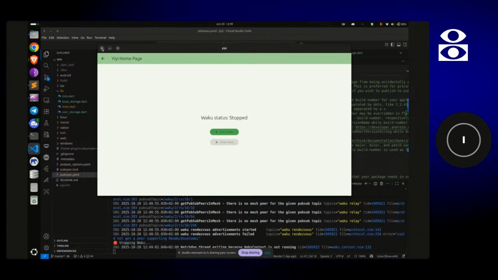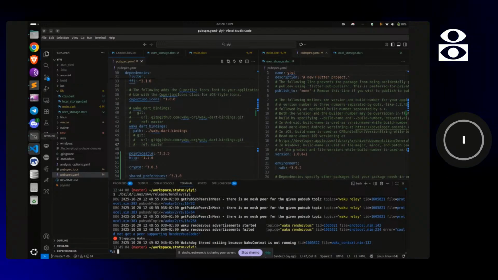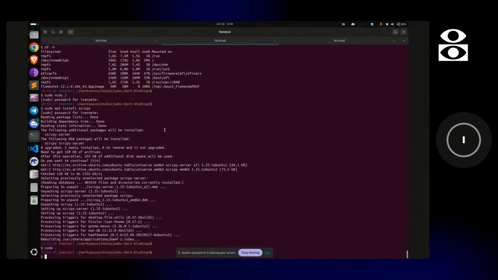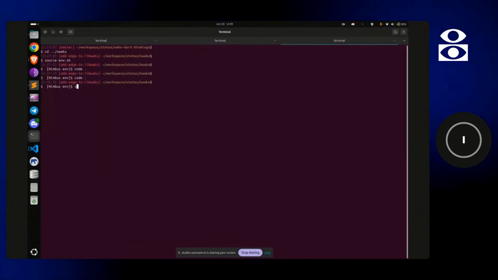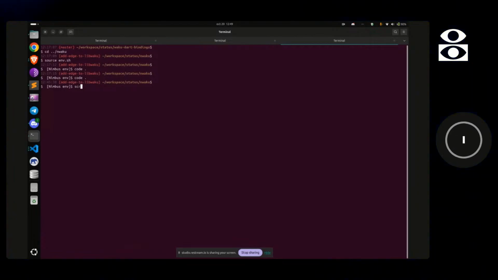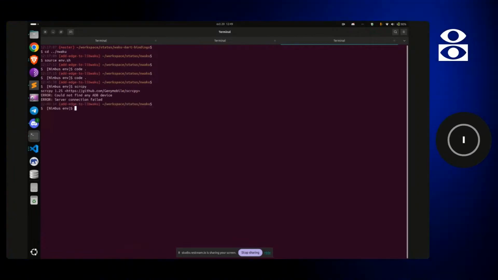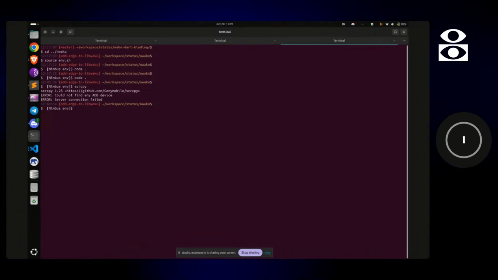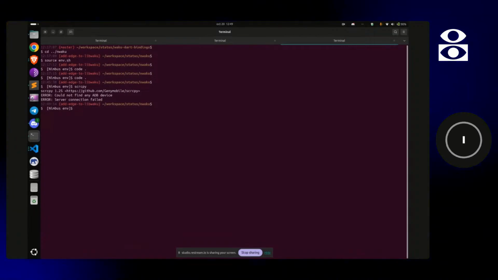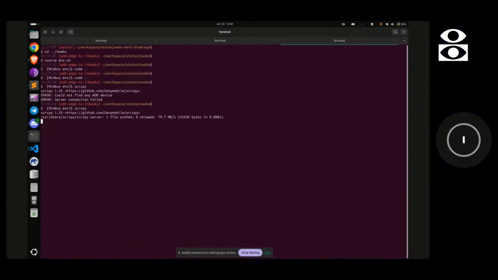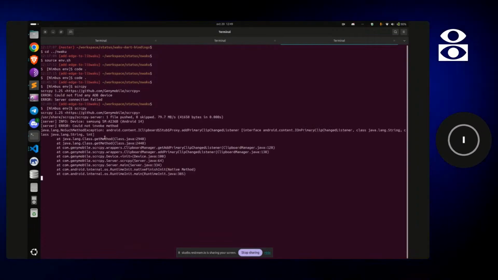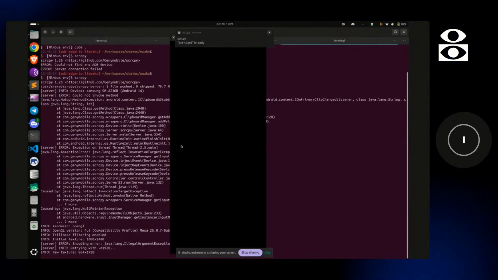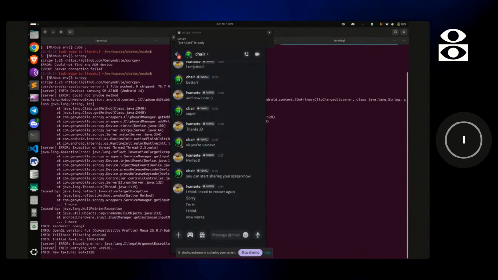Okay, and something else I wanted to show is the example on Android.